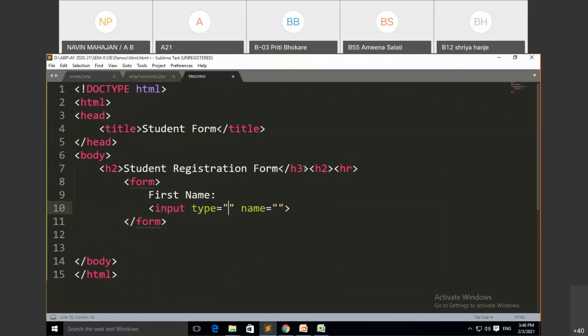one tag. The name of this tag is the input tag, and it has one attribute. The name of this attribute is type, because we want a text box field. So I have defined here input type is equal to text. The name for this is first underscore name. Okay,